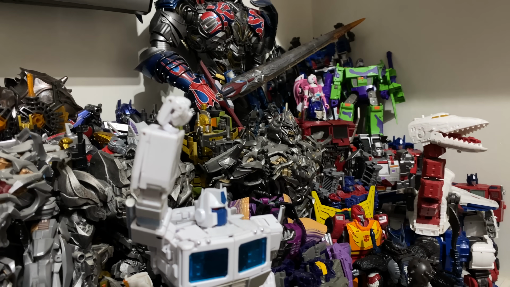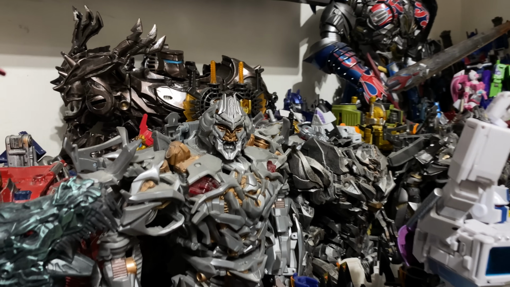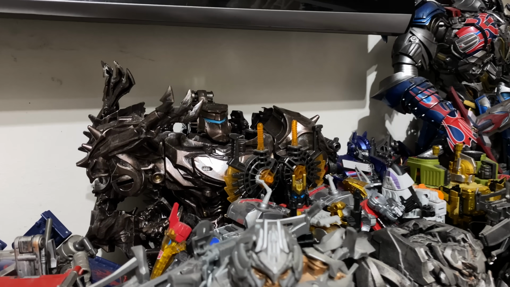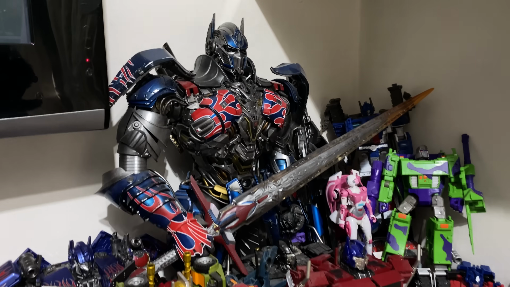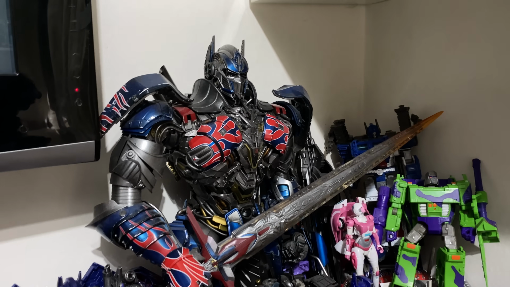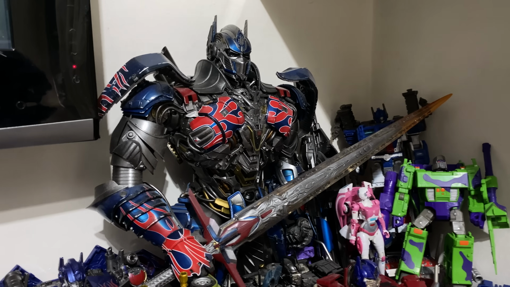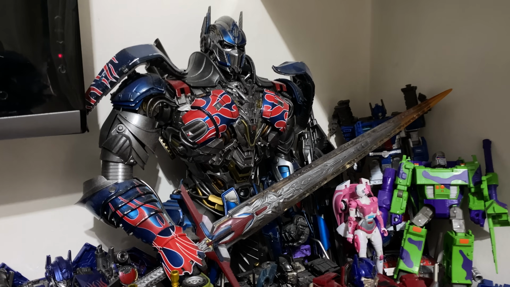None of these figures were here before the purge, so you can see we've now got a few masterpiece figures such as the MPM Megatron. We've got there my Revenge of the Fallen custom leader Megatron, as well as some third party figures such as the AI Mech Scorn, and over here we've got the enormous Soap Studios Age of Extinction remote control Optimus Prime, looking absolutely fantastic. This guy has in fact been moved in order to accommodate an even bigger piece,